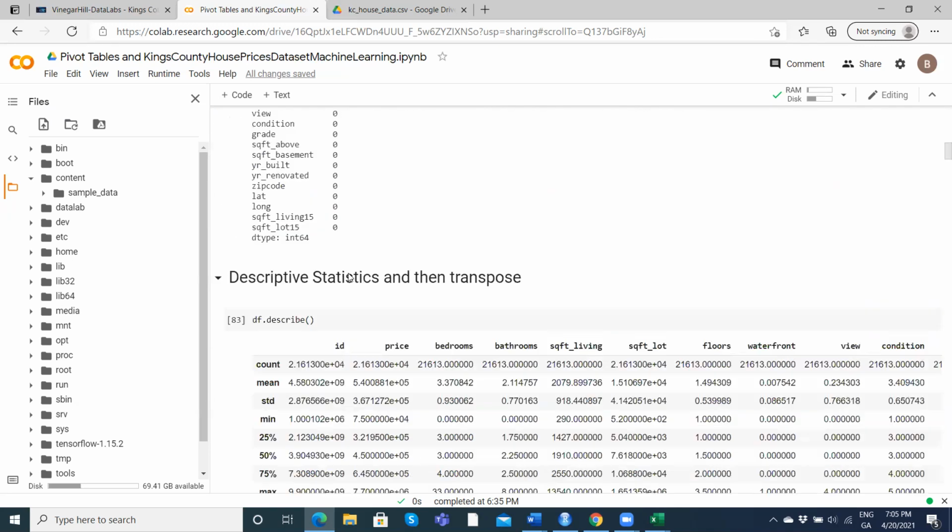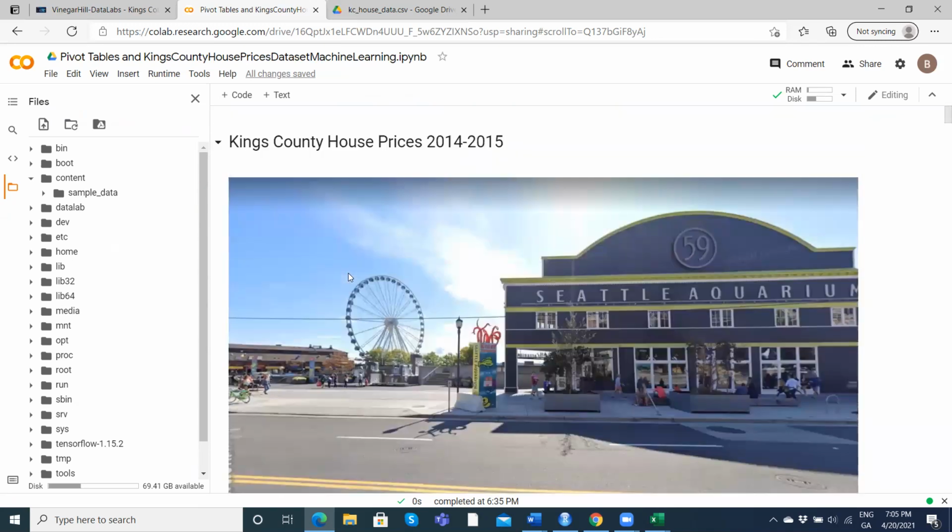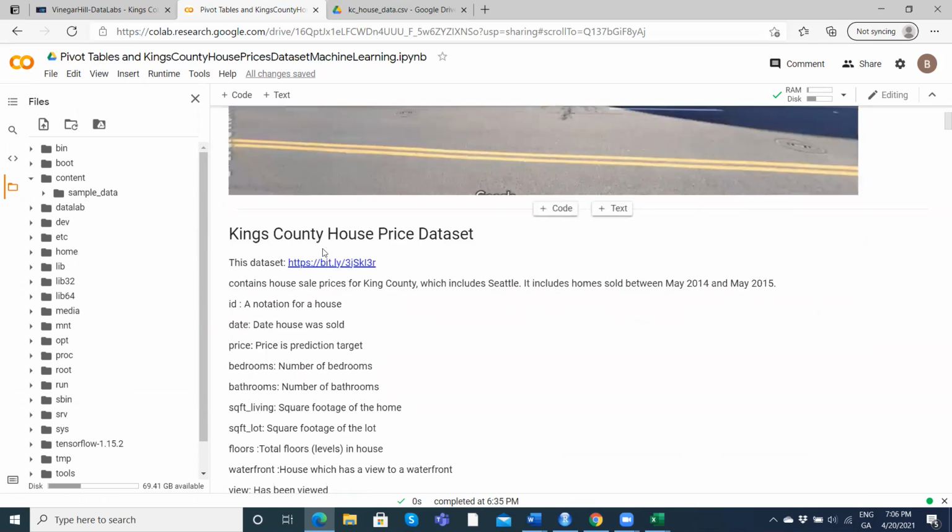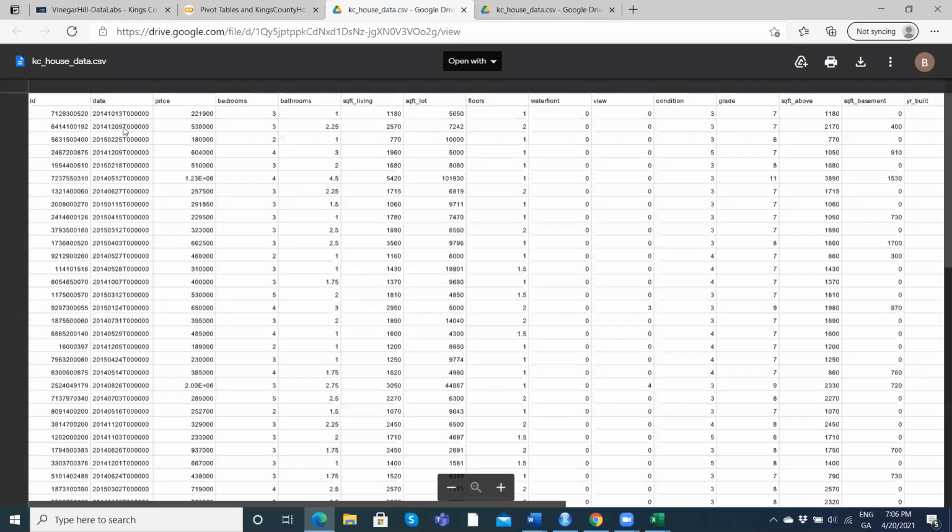Okay, so to get this Google Colab Python notebook up and running, we've got to load in some data. We can get the data from here. I've left a hyperlink. There's 21,600 or so rows here, so it's quite a substantial one. You can download it by just hitting this. I've already downloaded that